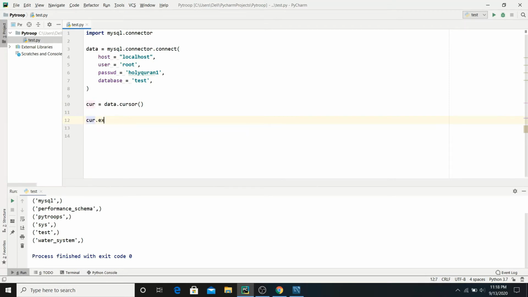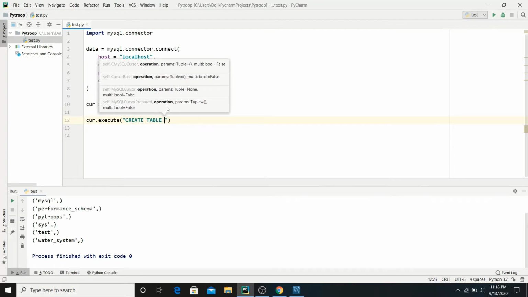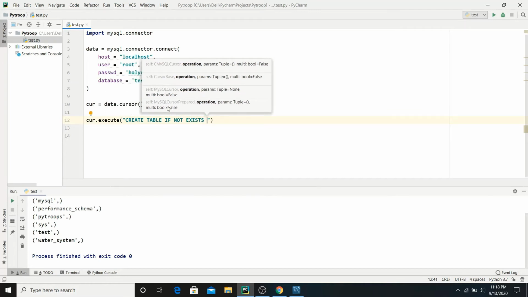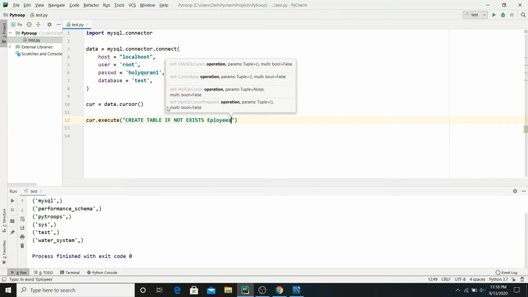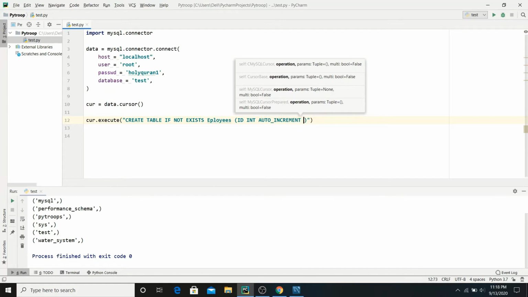So cursor.execute. Now write the query for creating a table, which is create table if not exists, and let's say the name of the table is employees, and now write the values of the table like name or phone number, etc. So the first value is id integer, auto increment primary key.